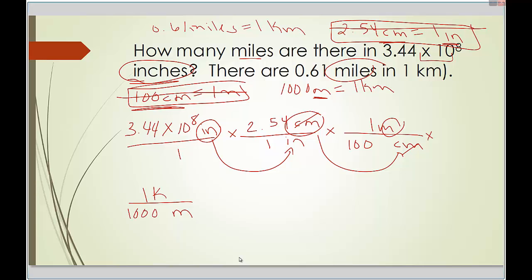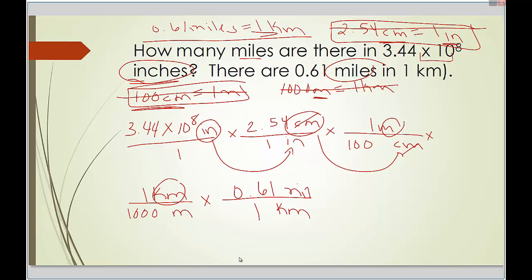And then finally, we're in kilometers, and we can get to miles. Kilometers are on top, so I put kilometers on the bottom of the next one. 1 goes with kilometers, 0.61 miles. Alright, so this is a longer one. 3.44 EE8, or EXP8, times 2.54 divided by 100 divided by 1,000 times 0.61. You multiply that out, and it comes out to be